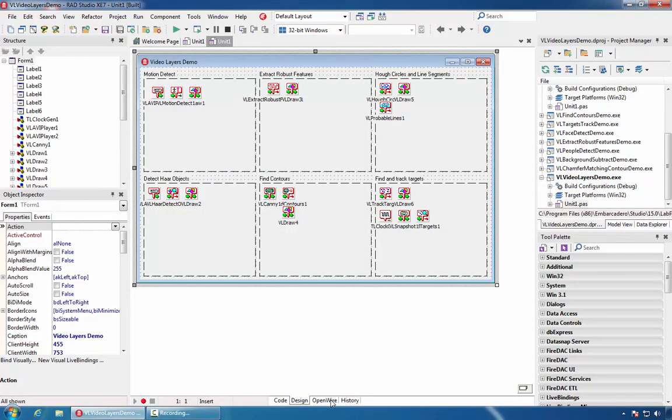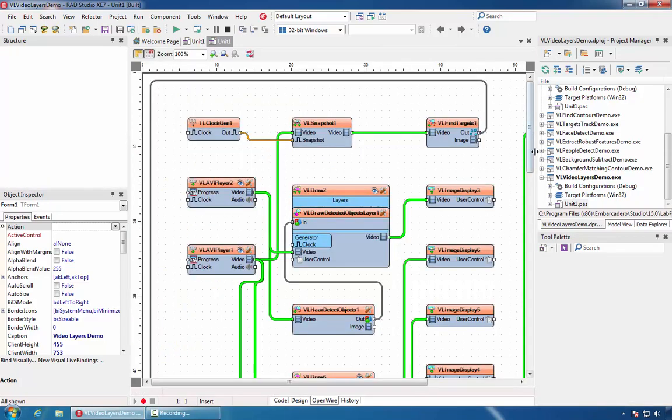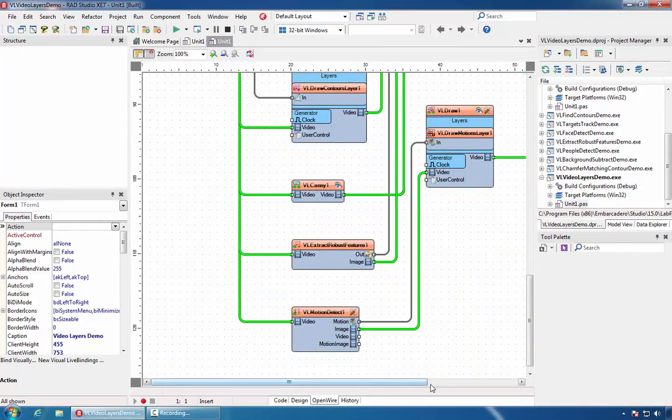Allowing you to create computer vision applications without writing a single line of code, just by connecting OpenWire pins.